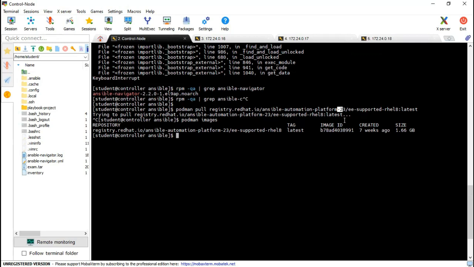If it is 2.3, then you need to pull 2.3. We have 2.2 here, but you have pulled 2.3. In our case, because it's already there, it will save our time to pull it. That's it. In the exam, you will already get the package of 2.3 if it is.